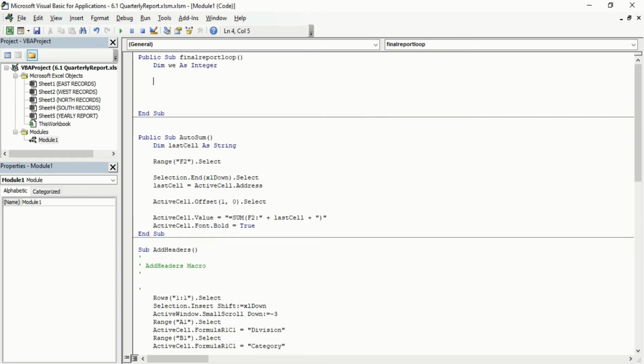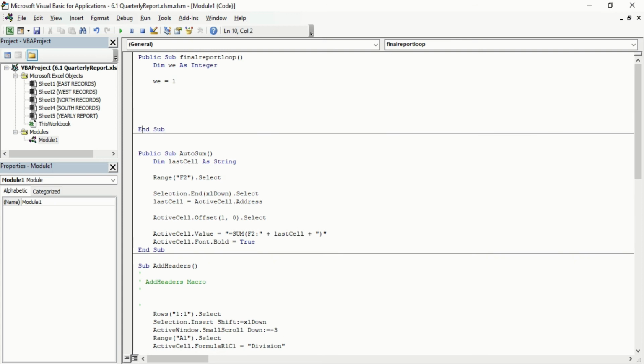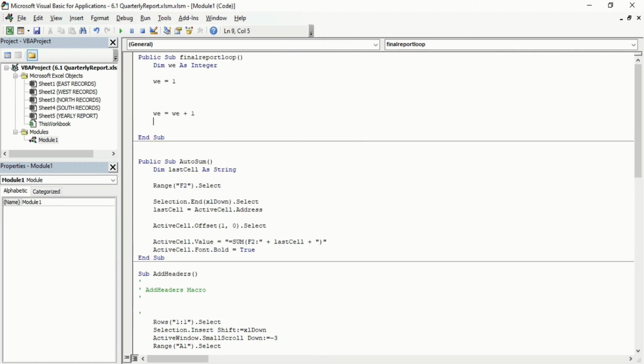So now what we do, v is equal to 1, and in the end we will put, because it's a reiterative process, I've told you, v is equal to v plus 1. Now we will create a do while loop after that.